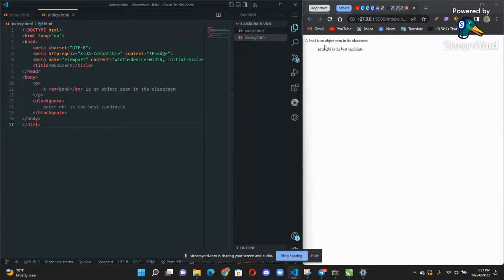Now look at the emphasis that we use, the em element, which we use to tell the people reading it that the book was what was emphasized. Look at the book now, it is in italics. I already said that whenever you use an em element, the particular letter or sentence inside that em element will come out in italics.